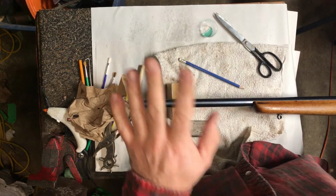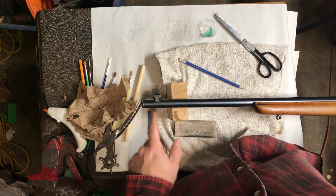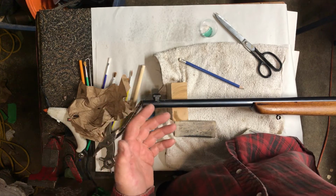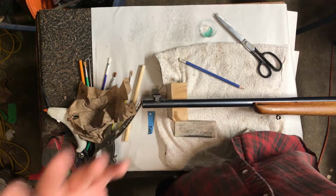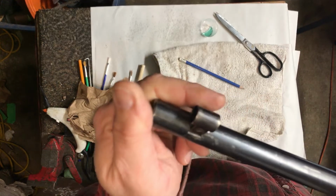But the key here is, listen, you can't screw this up at this point. It's already a damaged firearm, so we're just trying to make it look less obvious. We're gonna blue it, we're gonna protect that scratch, we're gonna get it waxed, we're gonna get it oiled, whatever. Okay, so